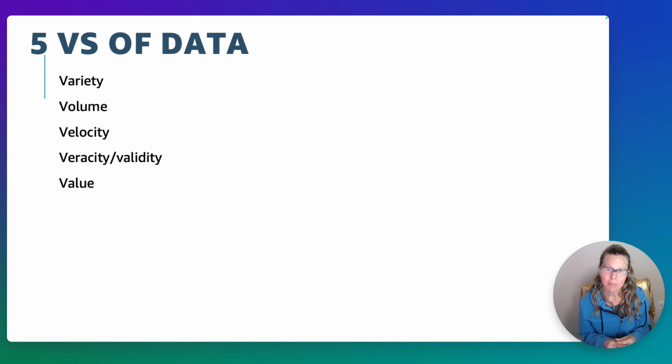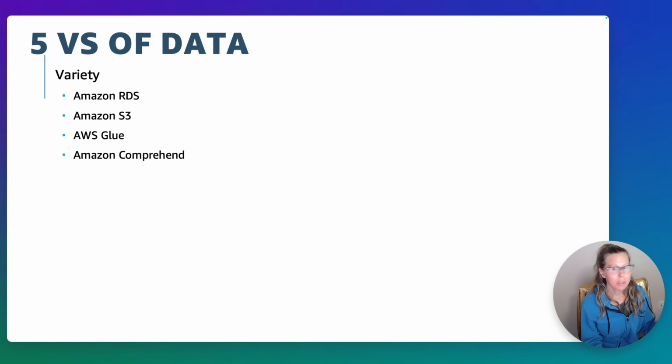Variety is the type of data. So this could be web server logs, videos, pictures, geolocation data, sensor or IoT data, and more. AWS supports the processing of structured, unstructured, and semi-structured data with services such as Amazon RDS, S3, AWS